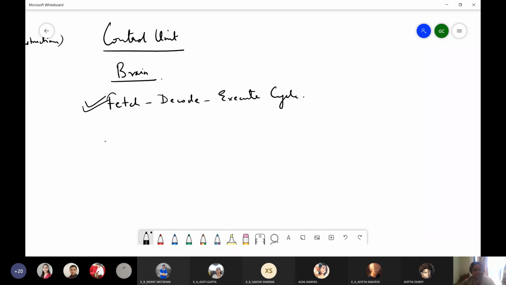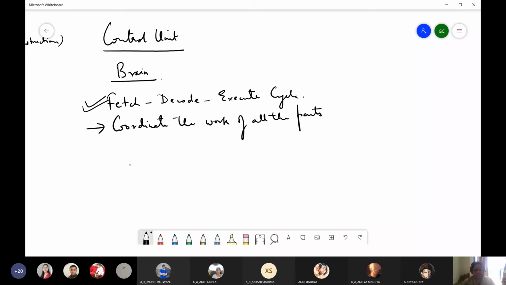So the control unit's task is, firstly, to do this. Secondly, to coordinate the work of all the parts.